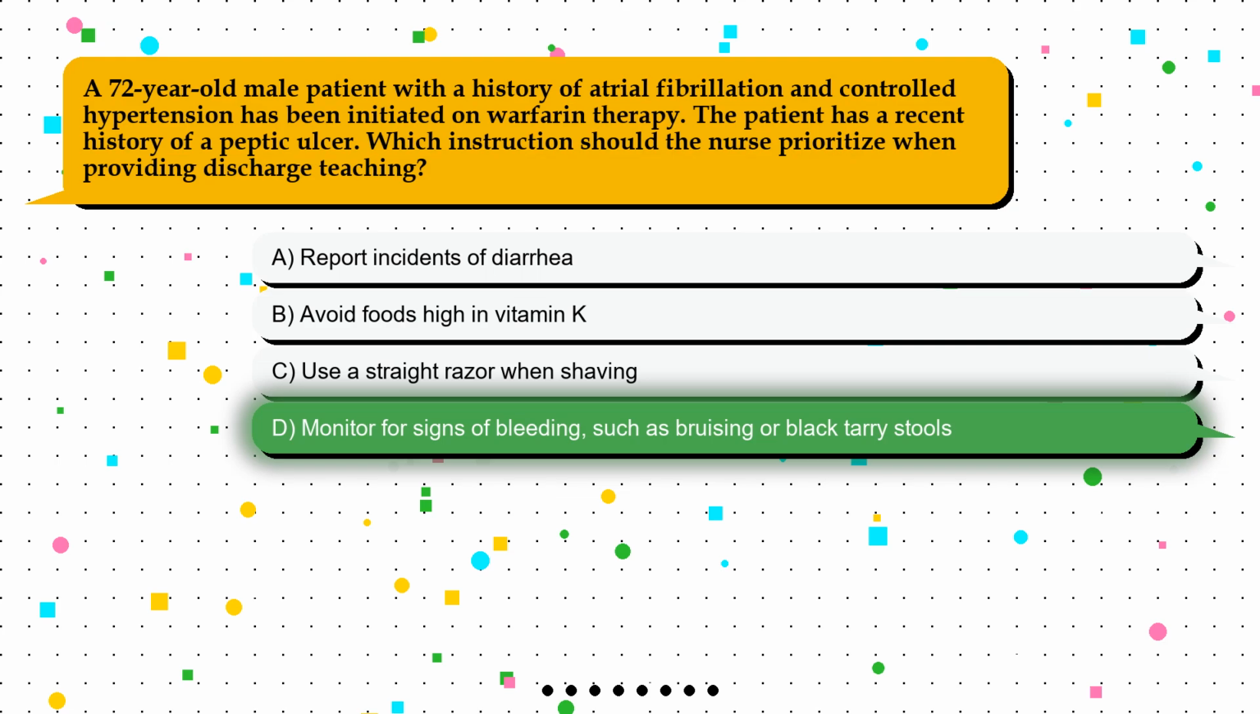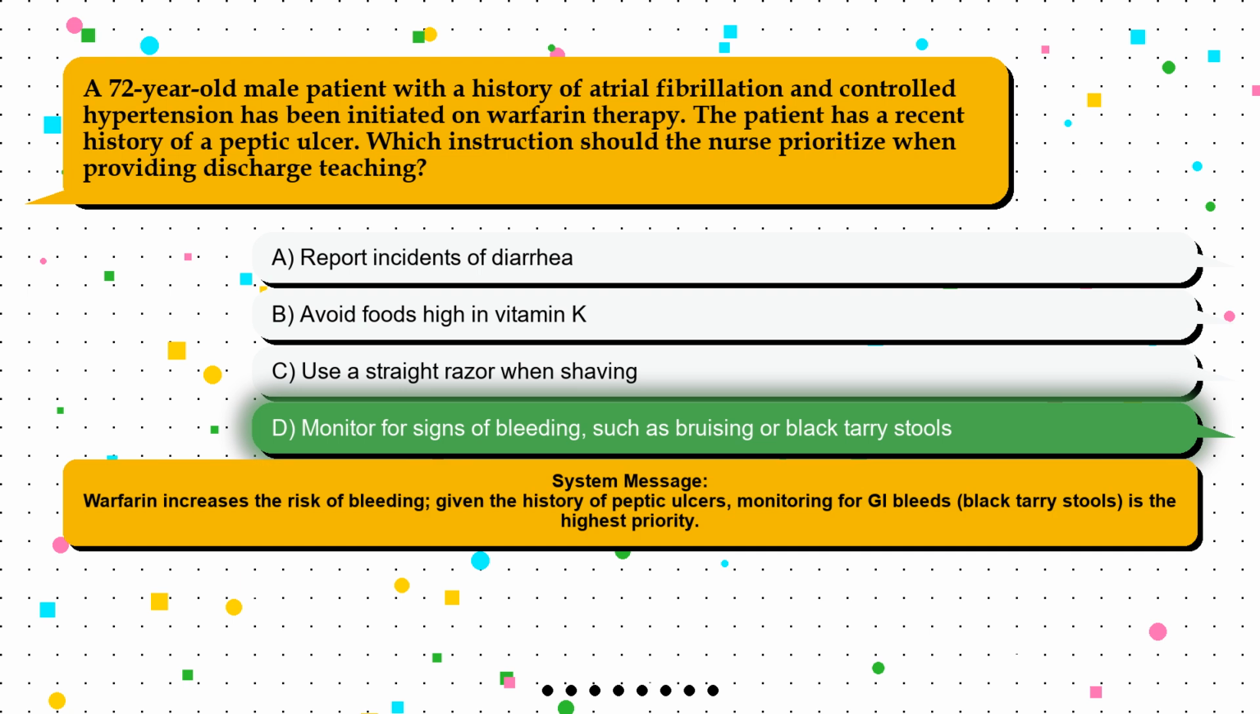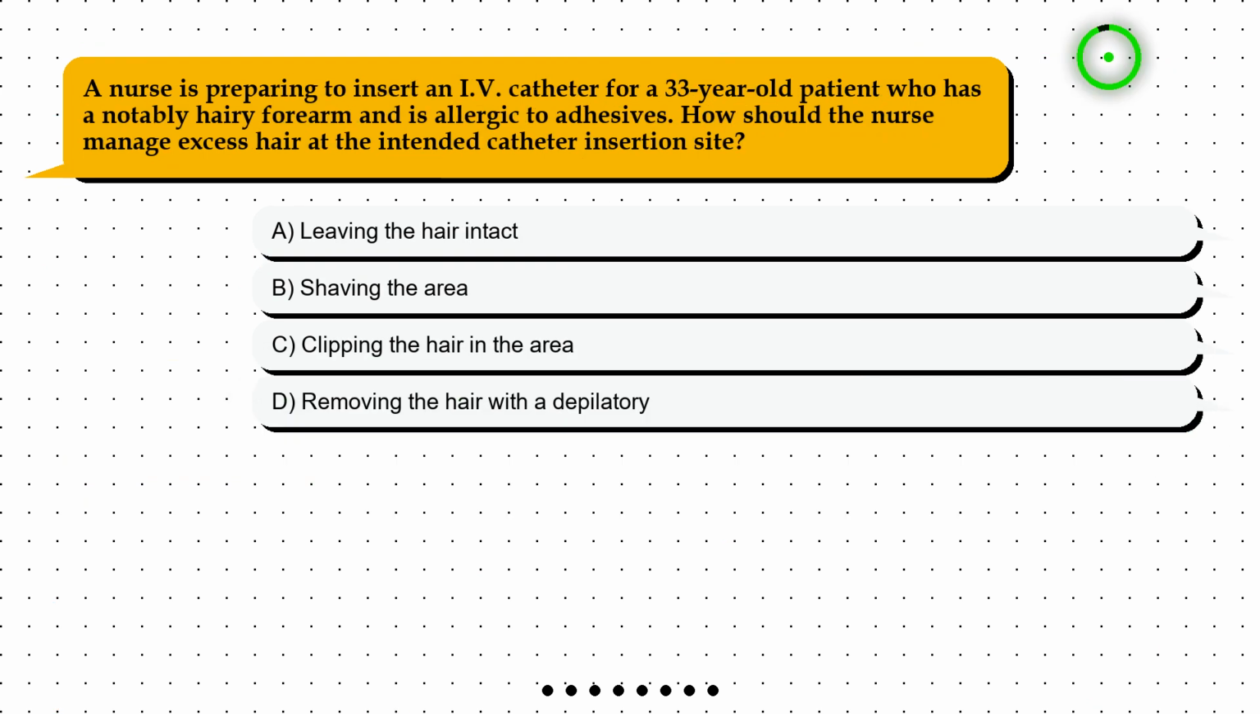The correct answer is option D, monitor for signs of bleeding, such as bruising or black tarry stools. Warfarin increases the risk of bleeding. Given the history of peptic ulcers, monitoring for GI bleeds, black tarry stools, is the highest priority. Question 5. A nurse is preparing to insert an IV catheter for a 33-year-old patient who has a notably hairy